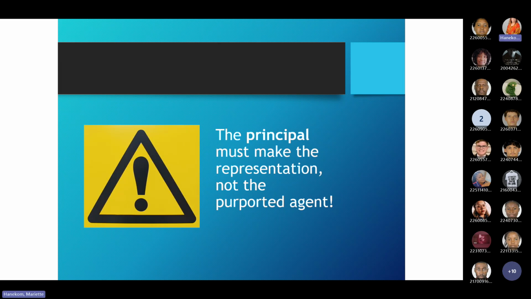The principal will be bound if it is the principal. Your common sense will also tell you that if you just go and tell a lie, I can't be held liable because of the lie that you told. But if I'm the one that created the false impression, I can be held liable. Questions?